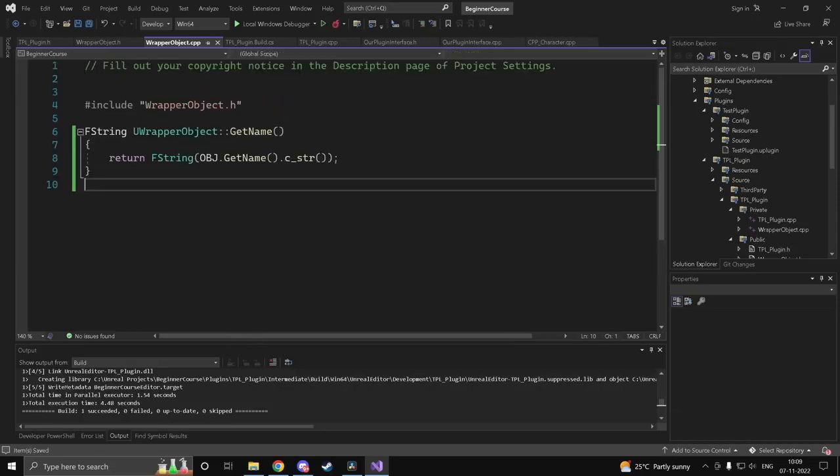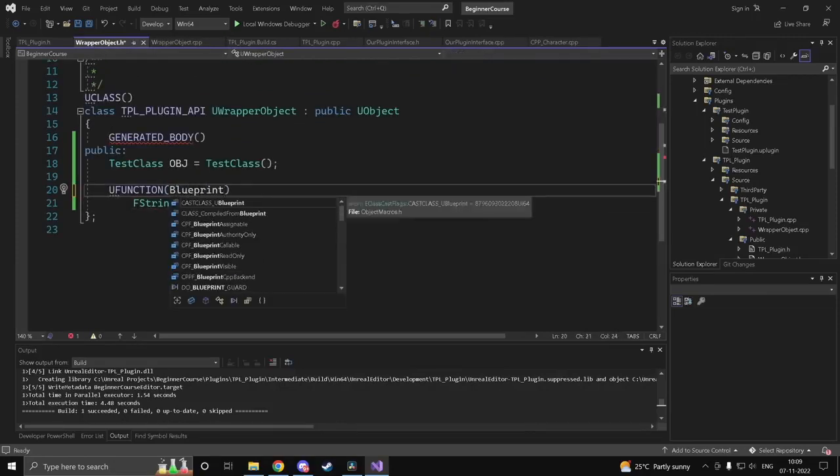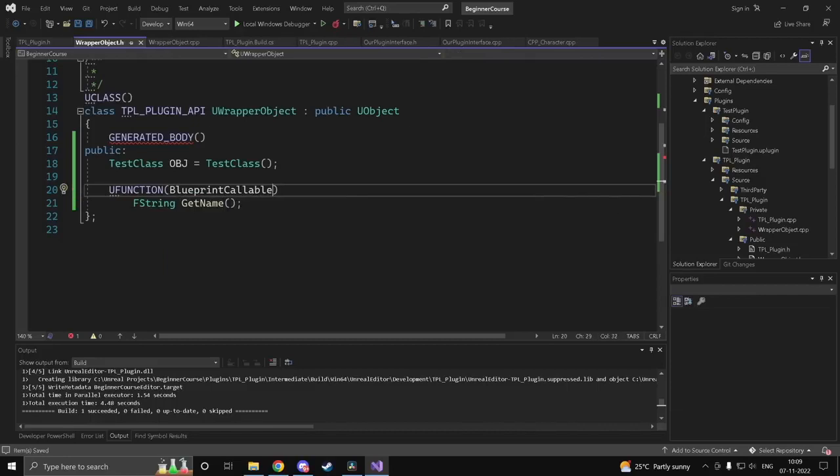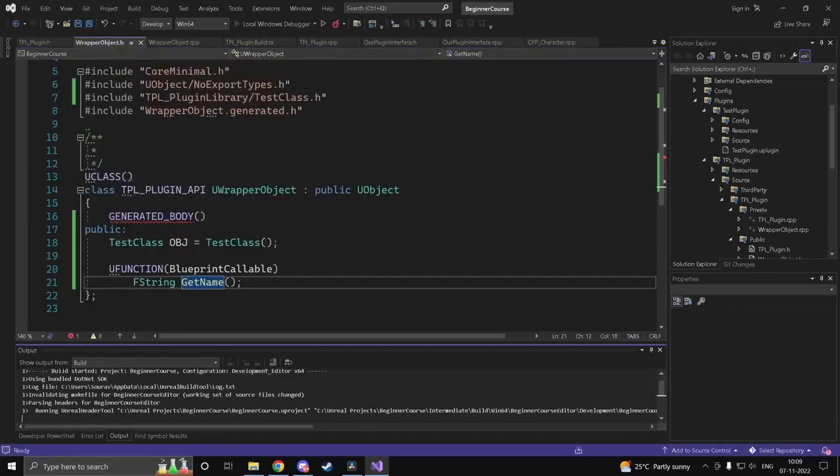So this is how we would go about converting it, and we'll make this one blueprint callable as well, just so that we can test it in blueprint. And now successfully we have translated our standard C++ function in our third-party library, and this is now usable in Unreal. So if I just go ahead and run a debugger here,